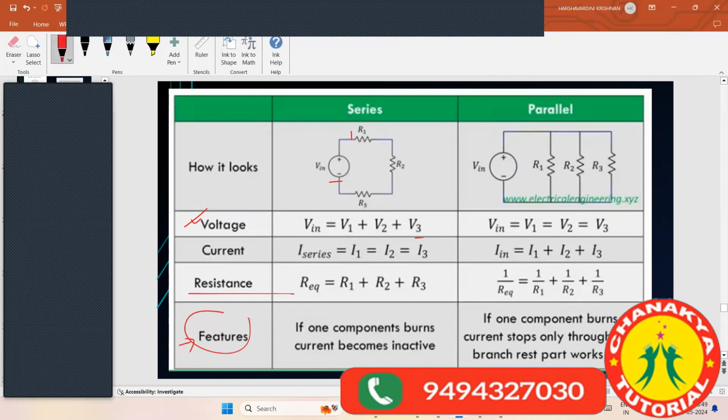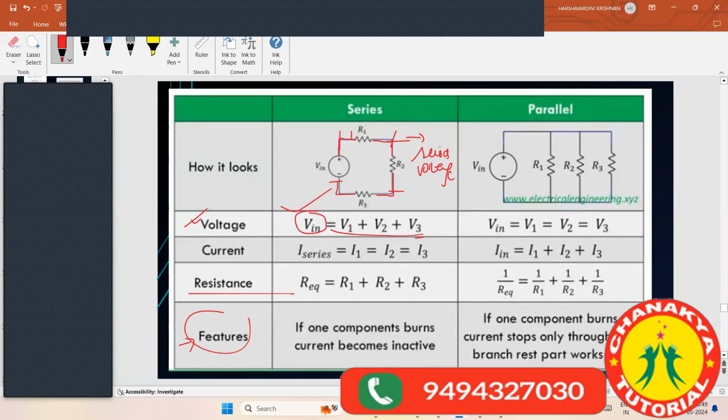Differences means whenever there is a split in voltage, whenever there is a split in current. This is starting from here, this is starting from here, and this end is connected to this end, and this end is connected to this end. So basically, this is series because there is no difference of voltage at any particular point. The voltage between these two and these two are same. If you add V1, V2, V3, you will get the total voltage in series.